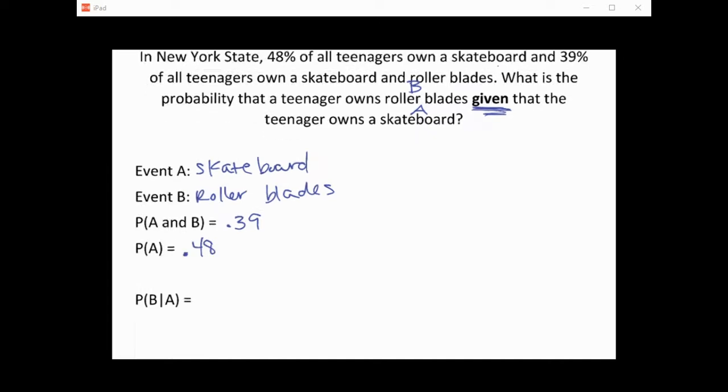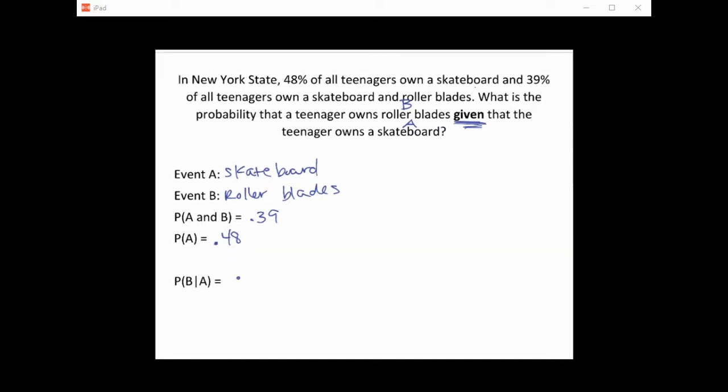So the probability of B given A is just dividing those two. 0.39 divided by 0.48 is 0.8125. So if we know somebody has a skateboard, there's about an 81% chance that they also have rollerblades,